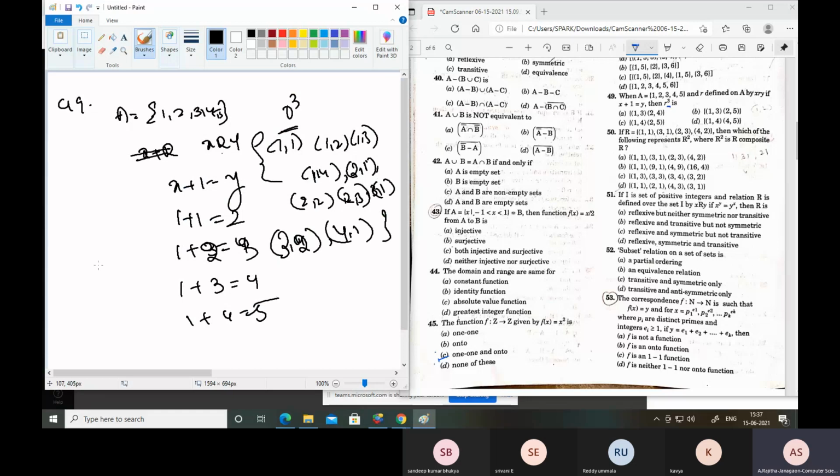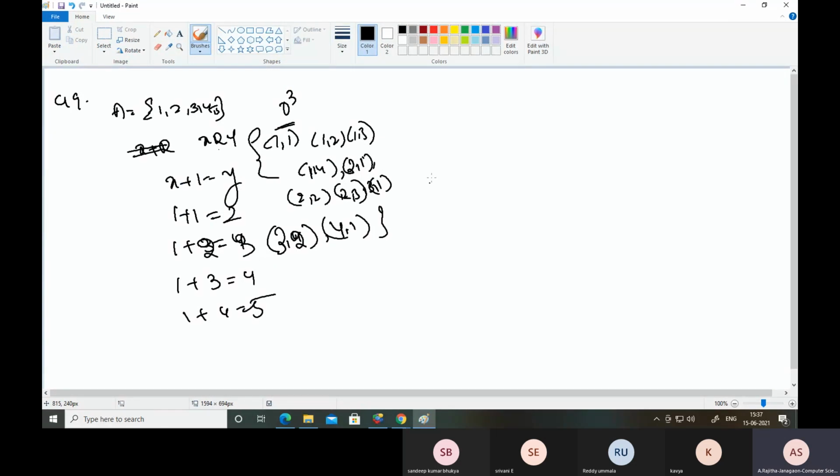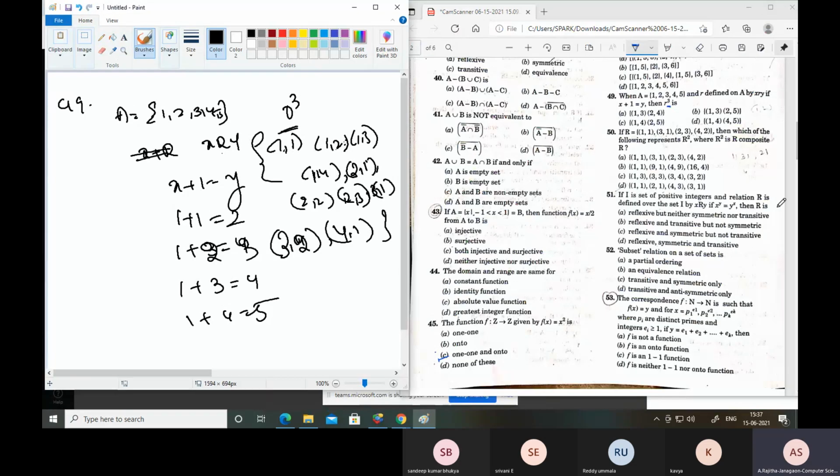Next R2. How can we find out R2 for this? That is for R2, second time, from 1 1 and 1 2. Here 1 2, and then next from 1 1, 1 2. Again you can write all these things. So after that, this is R3 for this.